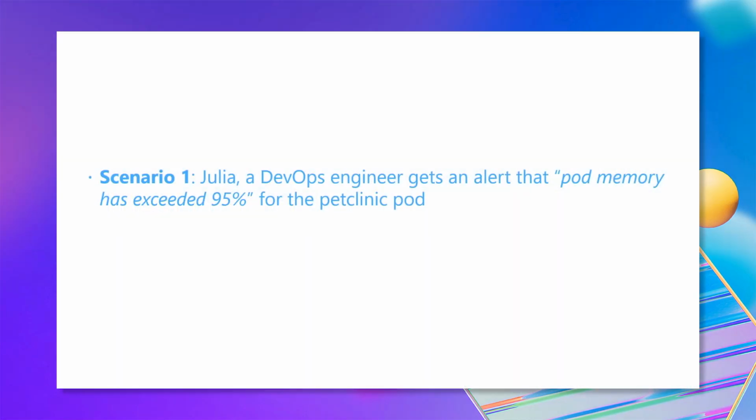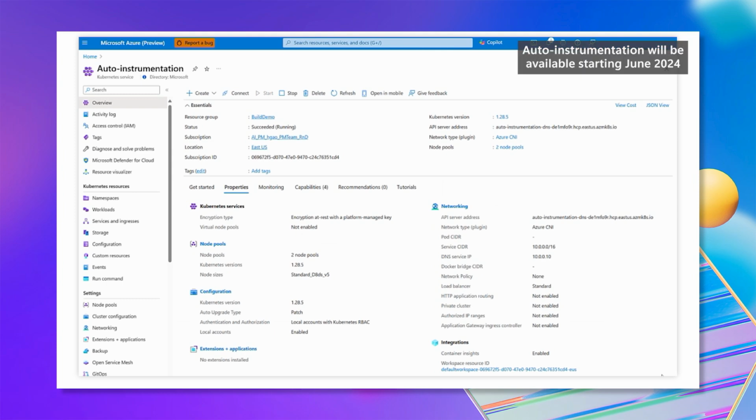Now let us walk through a troubleshooting scenario where Julia, a DevOps engineer, gets an alert that pod memory has exceeded 95% for the pet clinic pod. Now she needs to quickly investigate and identify the root cause. Julia starts her investigation journey in the AKS portal. She first navigates to the workload section,